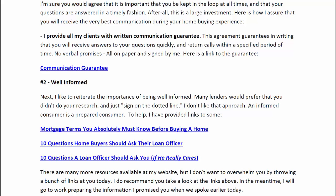So instead of a bunch of empty promises and hot air, we're actually going to give them links and descriptions of how we go above and beyond what the typical loan officer does. So here you see it's in bold to attract the eyes. So even if they're just scanning your email and not reading it word for word, this is going to pop out at them. I provide all of my clients with written communication